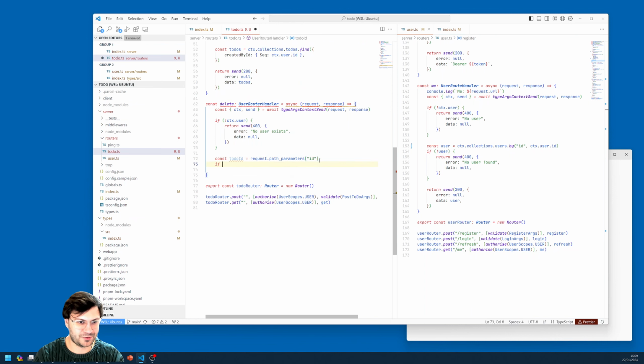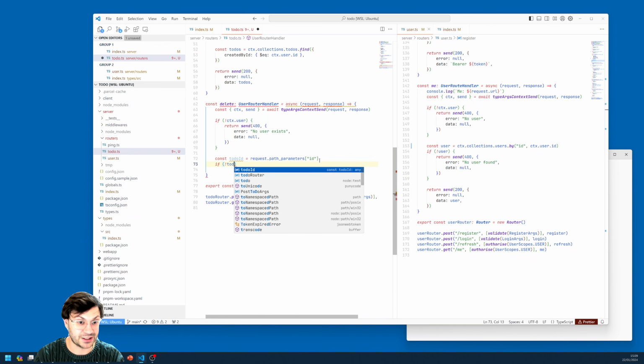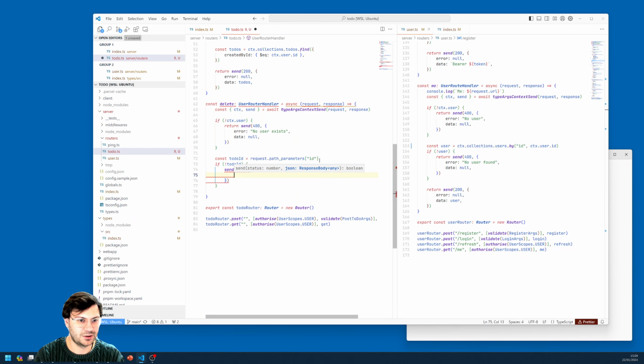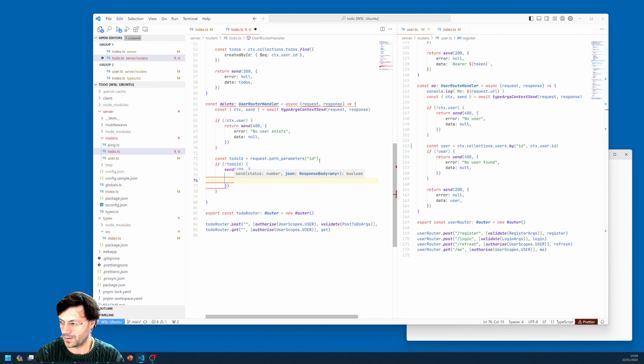And first thing, if it doesn't exist, then we're just going to return an error. So we're going to send 400. Error: no to-do ID, and data equals